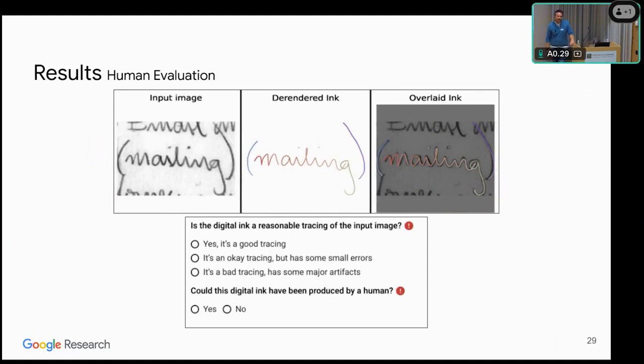So we set up a human eval pipeline where we have the input image, the de-rendered ink, and then the de-rendered ink overlaid on top of the original image. And then we ask people, is the digital ink a reasonable tracing of the input image? Yes, it's good; it's okay but has some small errors; or it's bad. And the other question is, could this digital ink have been produced by a human? Does it look human made or not?